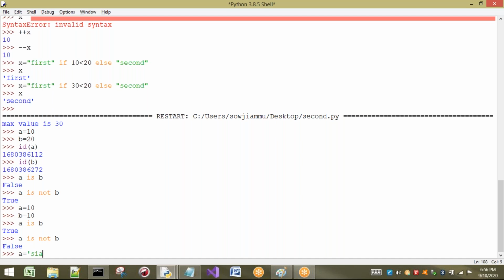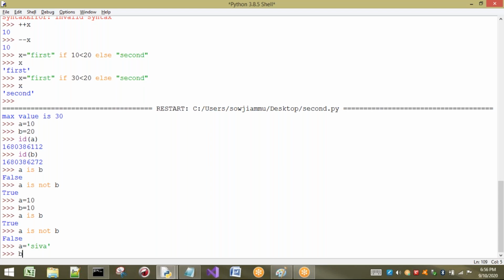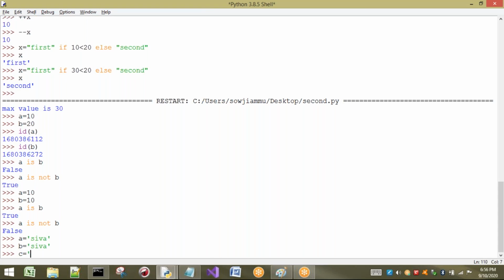Okay. I want to show you for strings also. If we consider the same type of strings, what happens? It will have only one object. It will not create two objects. So I will show you the difference also. I will take three objects here. For example, with a capital S. If you observe these three, which string is different? The third string is different, because here we have a capital S. So how many objects are going to be created here? Two objects. One is the Shiva object, another is the capital Shiva object.